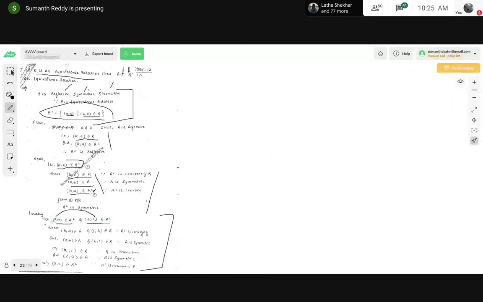Since you need (A, C) belonging to R converse, what are all the adjustments that have to be done? So I have done that. I have (B, A) here, and I have written it as (A, B) because it can be written, because R is symmetric. It can be changed. Similarly, I have (C, B), and I have written it as (B, C). I have done that. Next, I will write (A, C) belongs to R.